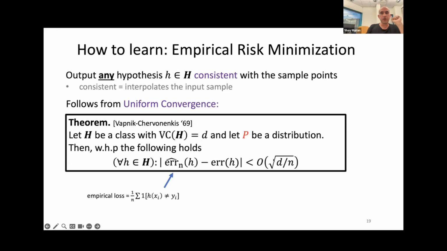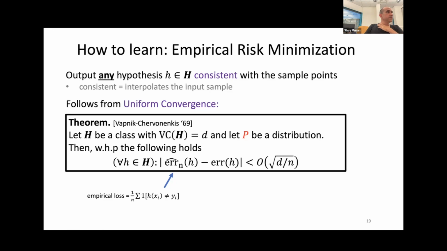And now about the question that I was asked. So here indeed we have square root d over n, and before I told you about d over n, and indeed this result does not quantitatively imply the result that I wrote in the previous slide. But the result I wrote in the previous slide only applies to the realizable case, when we assume that there is a hypothesis with zero error. And when this is the case, there is a variant of this theorem where the square root d over n is replaced essentially with d over n. Okay, but I don't want to get into these details.